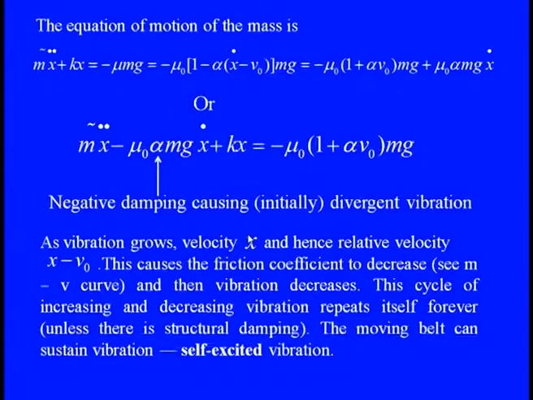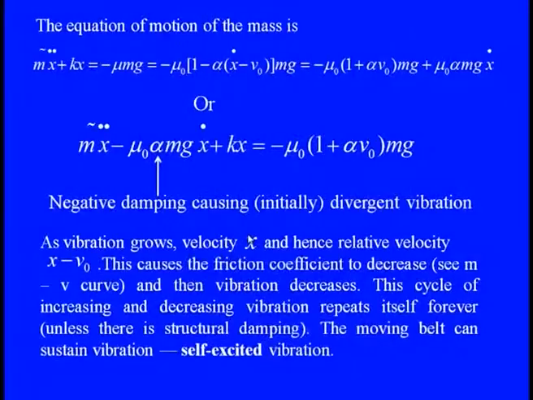And we can add the other features of the movement of the belt with the mass, like plus alpha, which is the coefficient based on the material property, into x dot minus v0, m g. Or else we can say it equals minus mu (1 plus alpha v0) m g plus mu alpha m g x dot. So in all we can say that